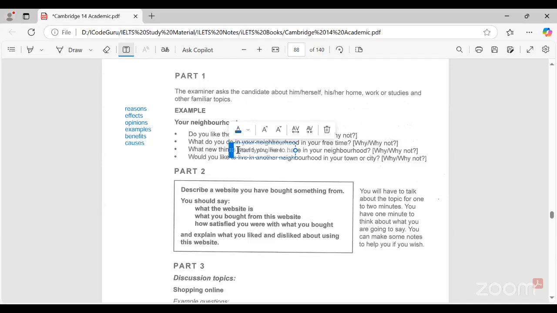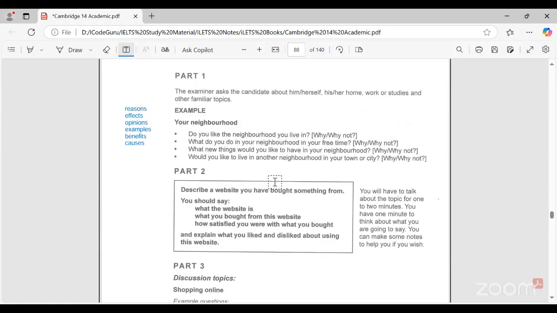These are the many things to describe, and even when they play, you can say that they can socialize with other children and make new friends. So there are many benefits and effects if they have a playground. You don't need creative ideas, you just need relevant ideas related to the topic. Have you understood?